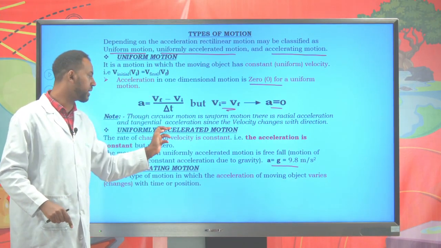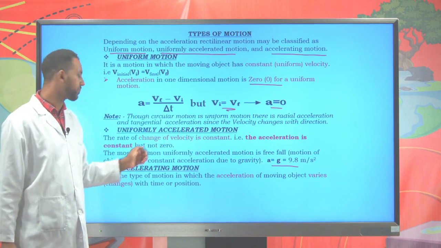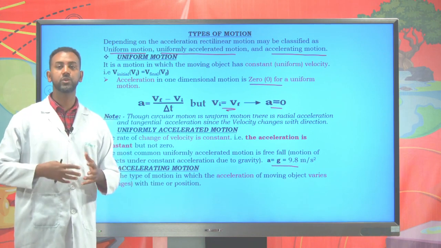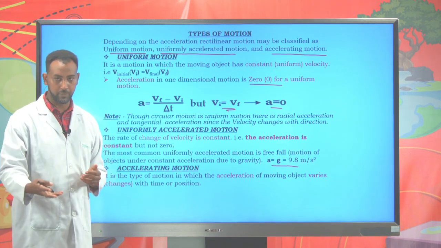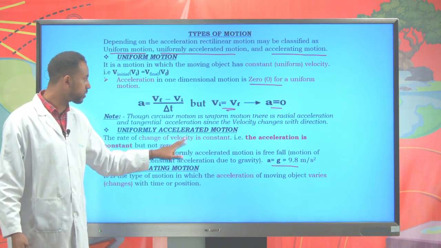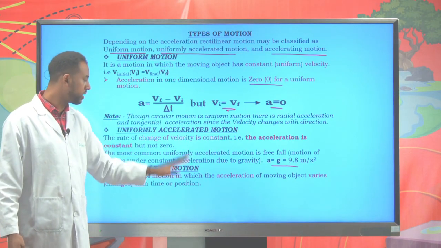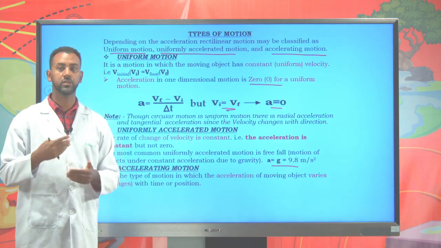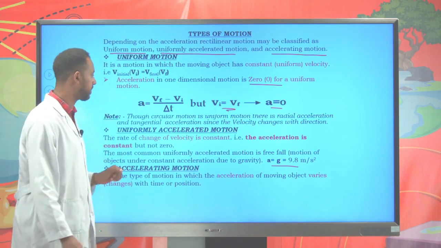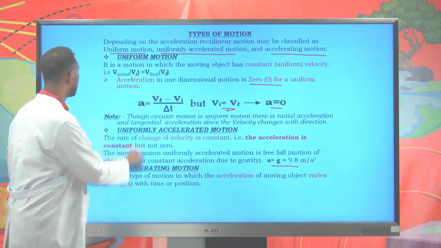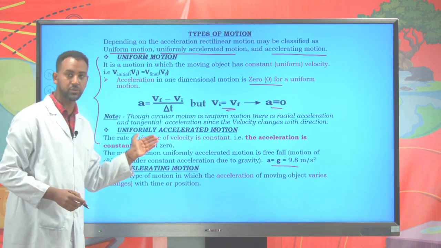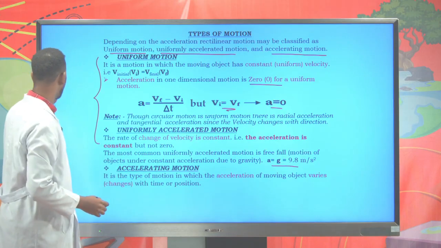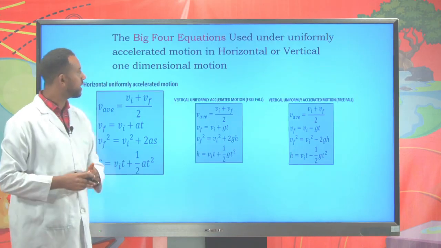But for a uniformly accelerated motion, acceleration is constant. Whereas accelerating motion is the motion in which the acceleration itself varies with time. Here the acceleration remains constant, and there the acceleration is 0, but accelerating motion is a motion in which its acceleration itself changes with respect to time. So keep this in your mind, and we mainly focus on these two types of motion: uniform motion and uniformly accelerated motion. And the big four